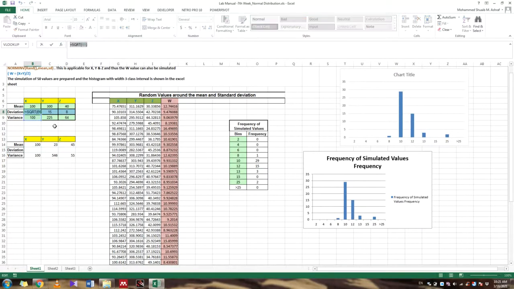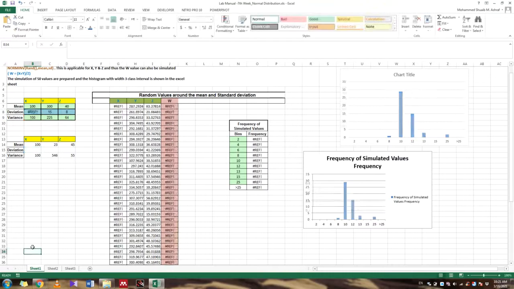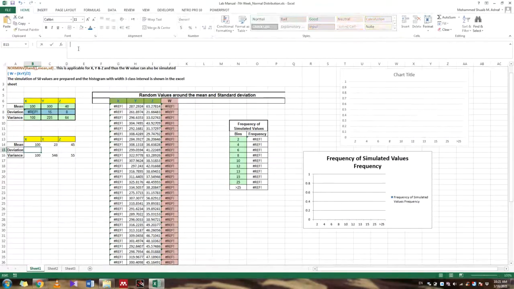This is the formula SQ. Type this, then this, enter. Same thing you can drag and drop here.